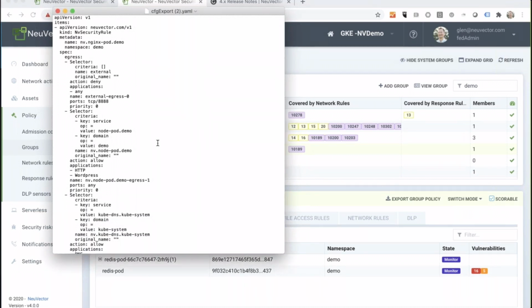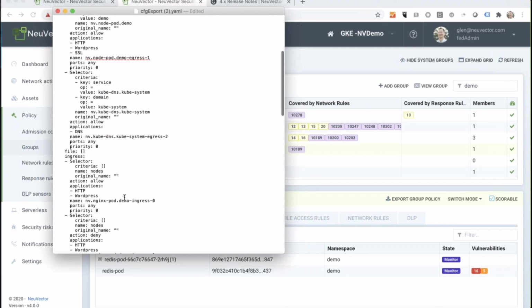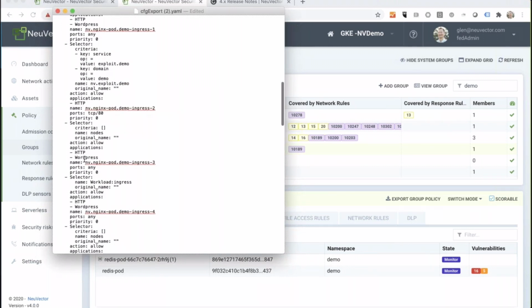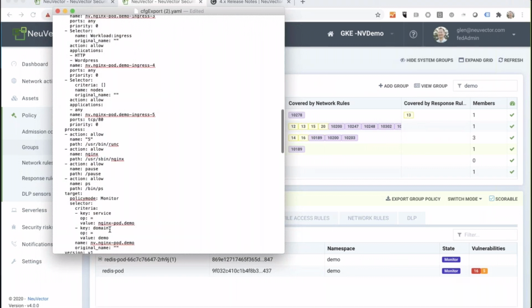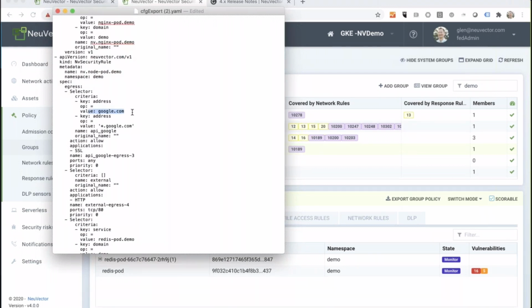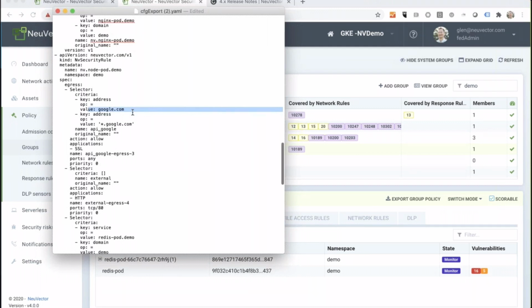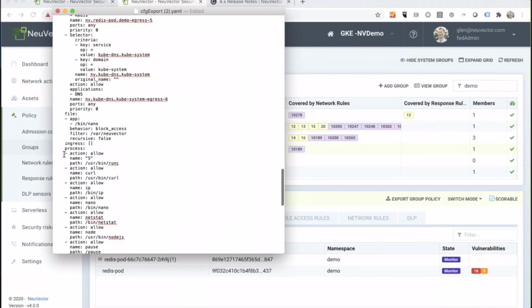So here is a code version of all the rules that we just took a look at. Nginx in the demo namespace can do an egress, can also talk to Node using the HTTP and WordPress applications. Let's say there's also SSL going to be used. I simply edit this file to add another application. Here I see certain processes that are allowed to run in every container as well as external access. I'm allowing external access from Node to Google.com. So all of the rules, the process rules, the file rules, the network rules are established or declared in this,